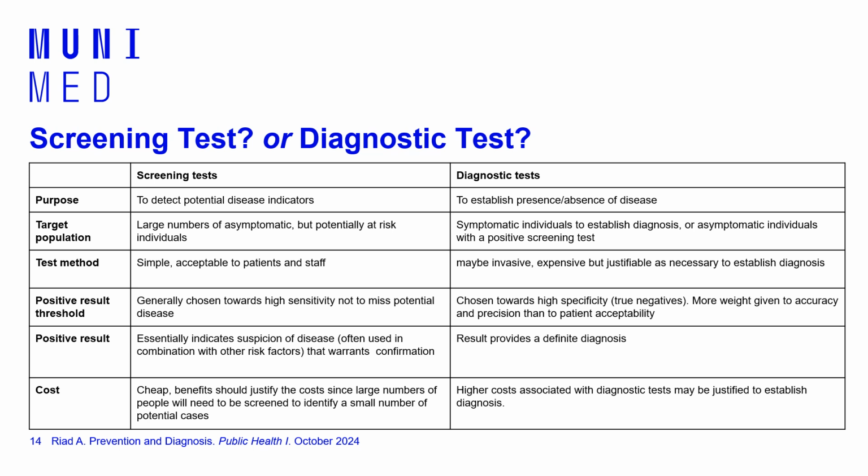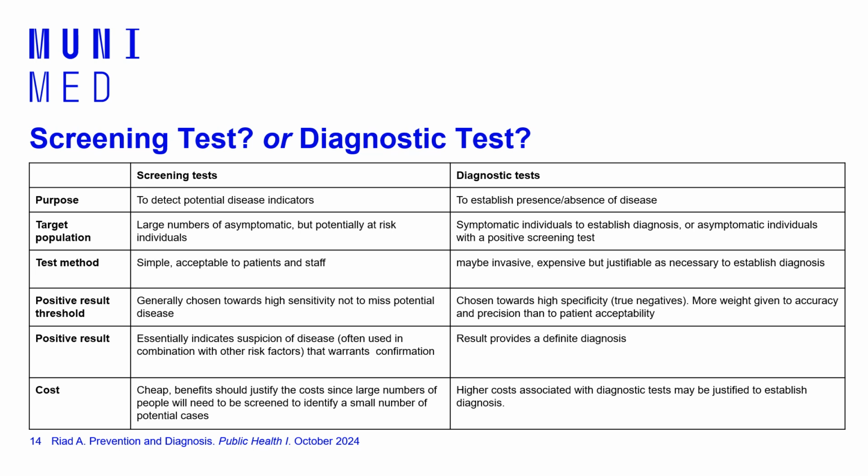For the target population of screening, we look at a large number of asymptomatic people who are at risk of the disease. For example, women who have no breast cancer or cervical cancer, but they have family history of this disease. So we screen them in larger groups because we know that some of them could unfortunately have this disease already started. On the other hand, if we say that let's say 5% of those screened women have the disease or potentially have the disease, then we will diagnose them. So we will move them to the second stage, which is the diagnosis, and we will make sure that they have this disease or not.